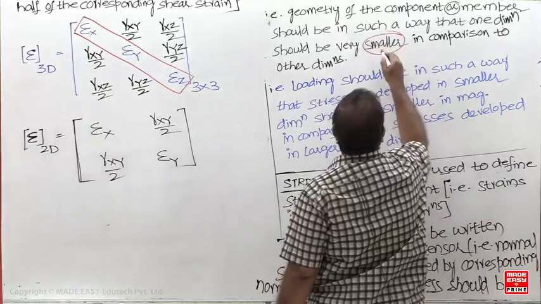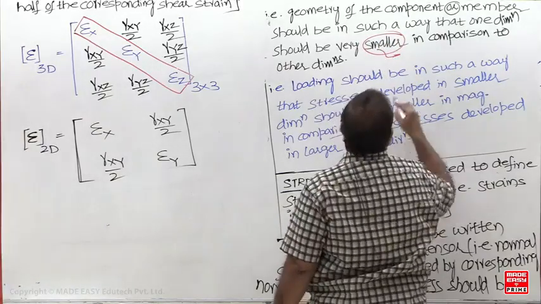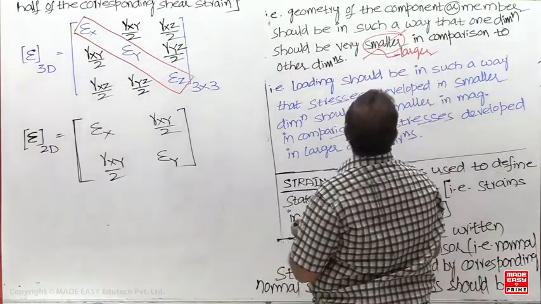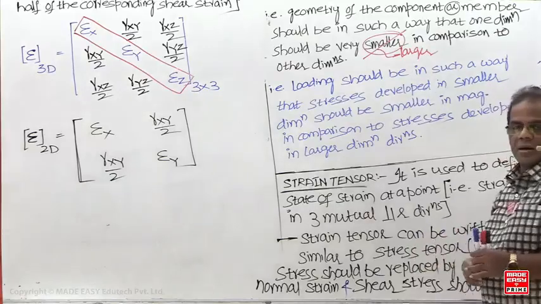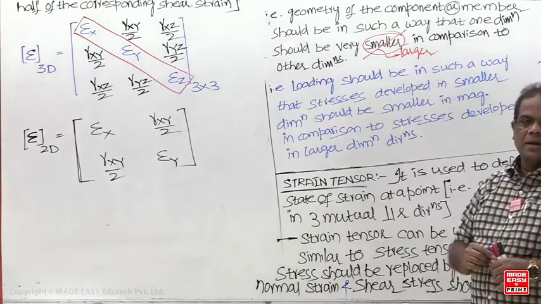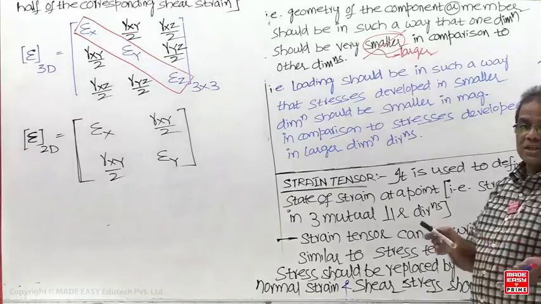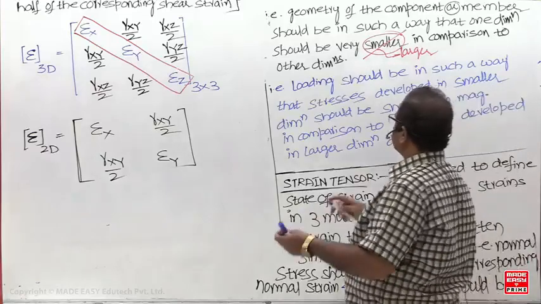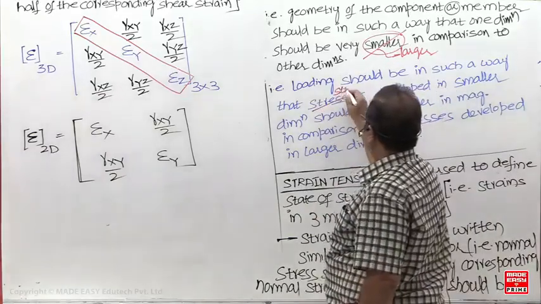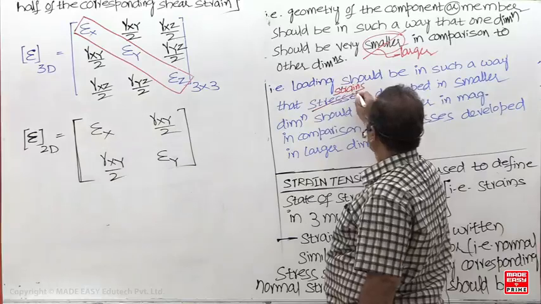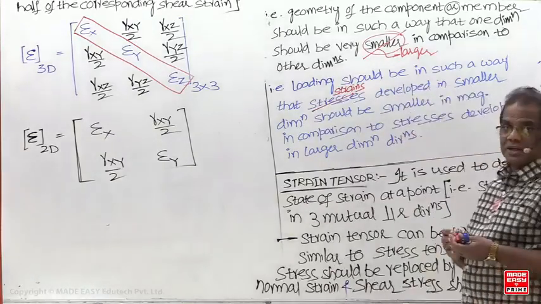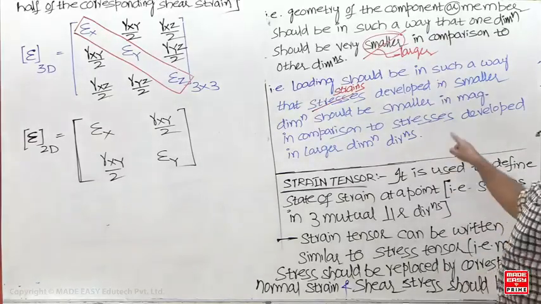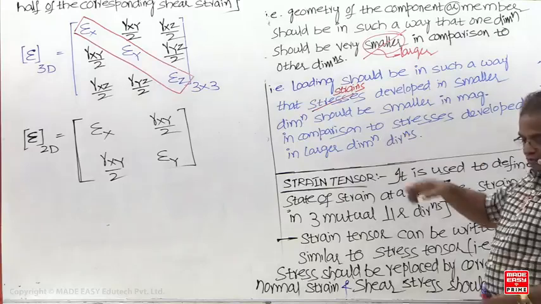For plane strain, this should be replaced by very large in comparison to the other. The condition for plane strain: two conditions, geometry and loading condition. And here once again loading should be in such a way that strains developed in the smaller dimension direction should be smaller in magnitude in comparison to